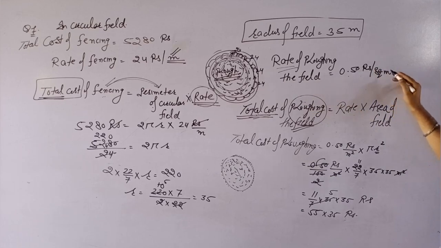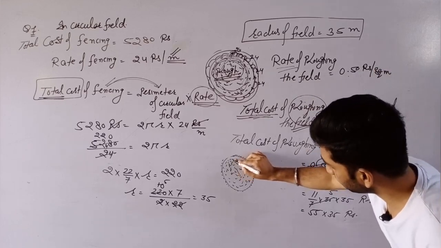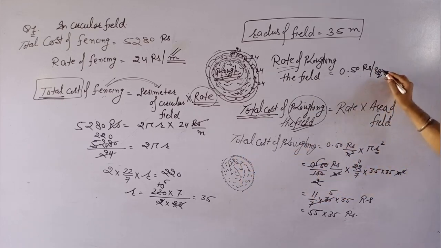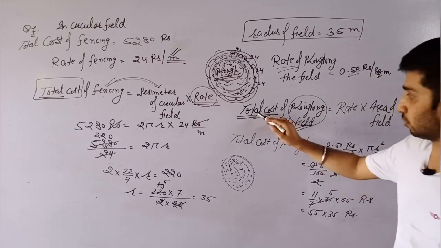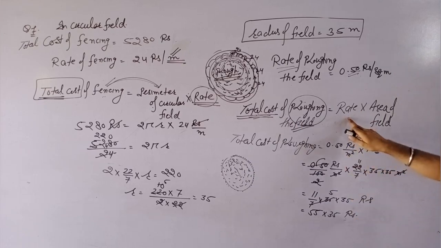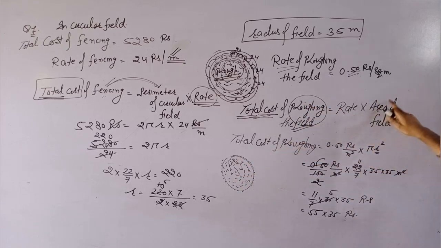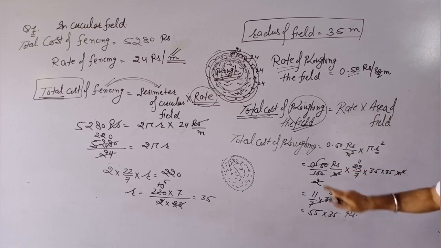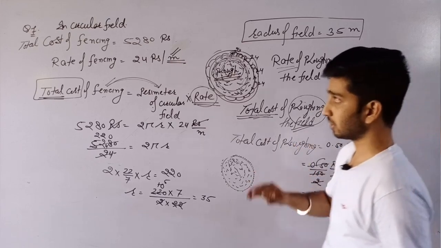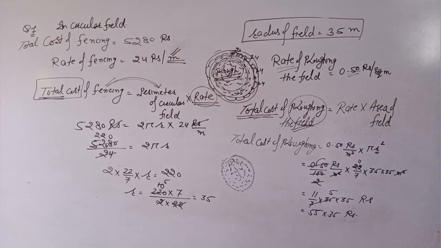0.50 रुपीज़ पर स्क्वायर मीटर। मीन यदि 1 मीटर स्क्वायर का हम प्लॉ करते हैं तो कॉस्ट आती है 0.50। हमें पूरे फील्ड की टोटल कॉस्ट फाइंड करनी है, तो कॉन्सेप्ट है रेट और एरिया को मल्टीप्लाई करना है। प्लॉ के लिए एरिया ऑफ फील्ड यूज किया, तो ये टोटल कॉस्ट आ गई प्लॉइंग के लिए। राइट डाउन, देन वी विल डिस्कस आवर नेक्स्ट क्वेश्चन।